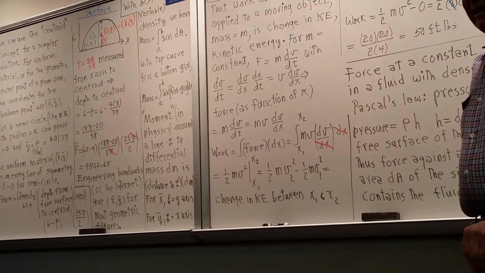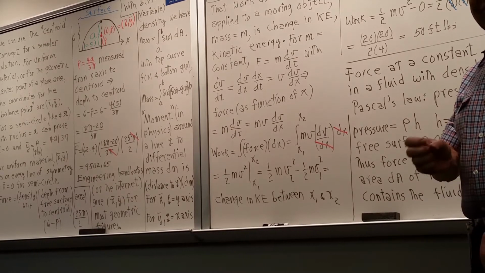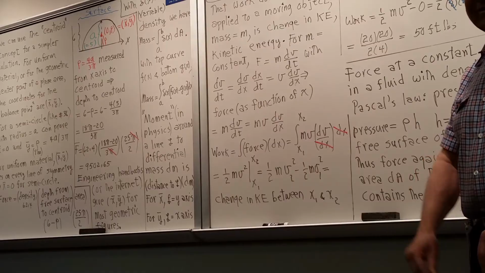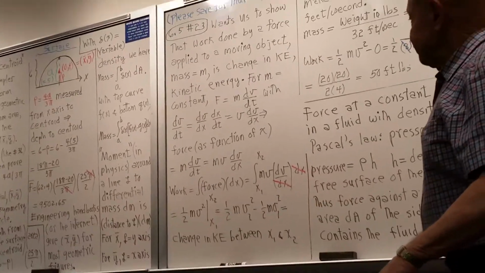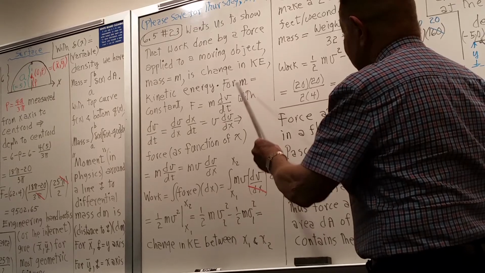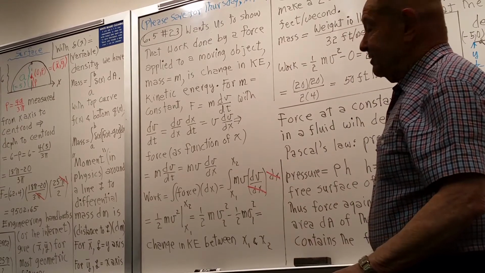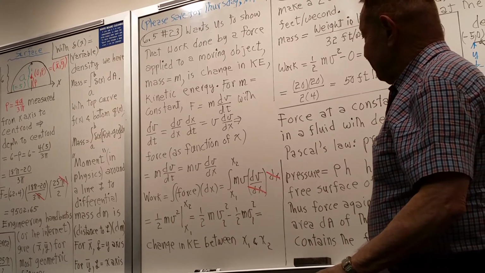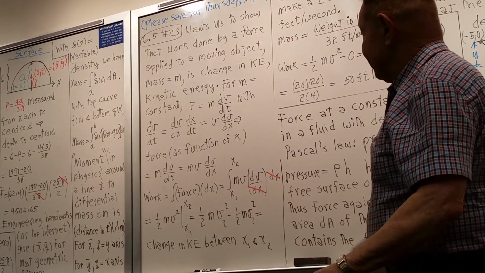Newton defined kinetic energy as half the mass times the squared speed. So supposing that we have a constant mass, which is what I'm doing here with this derivation,